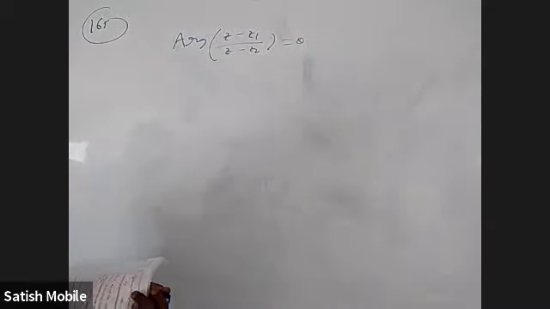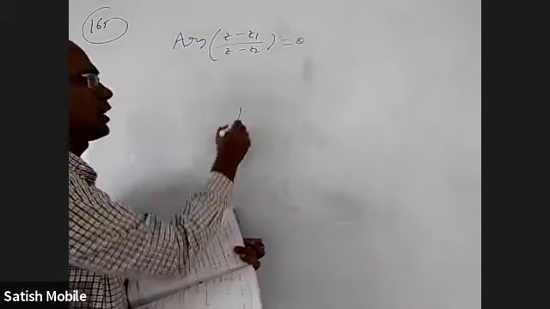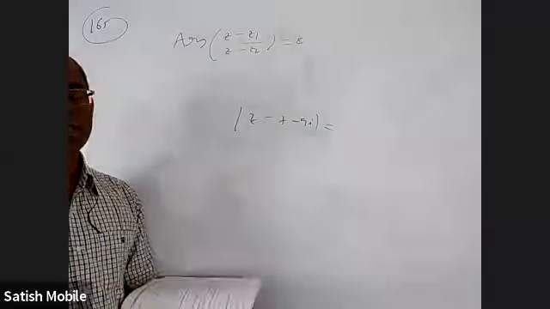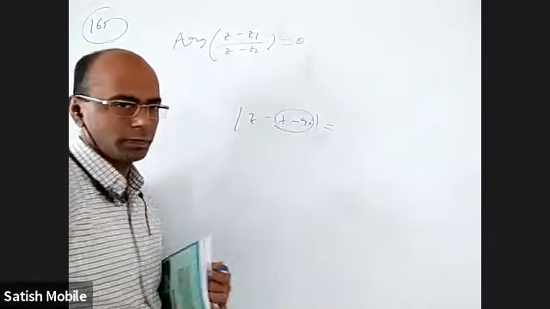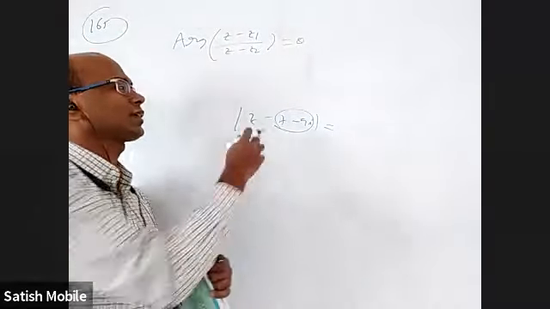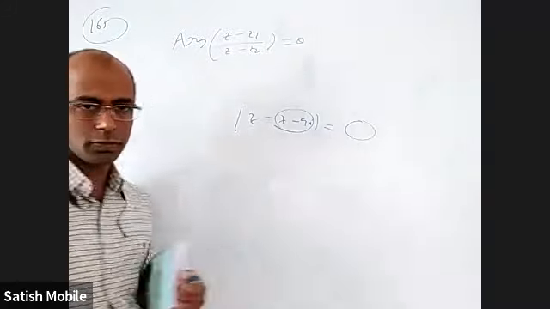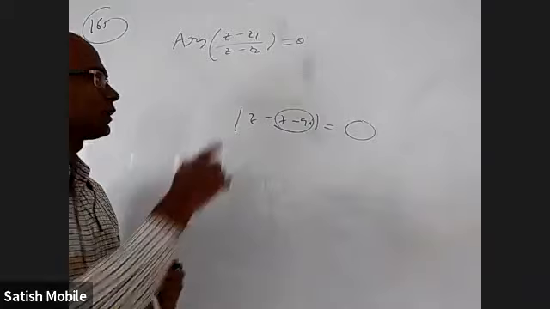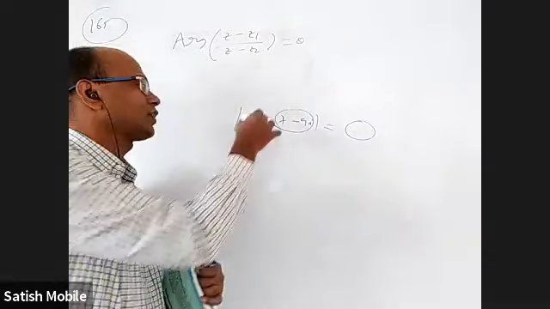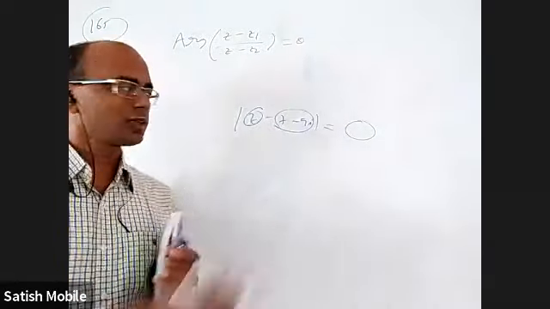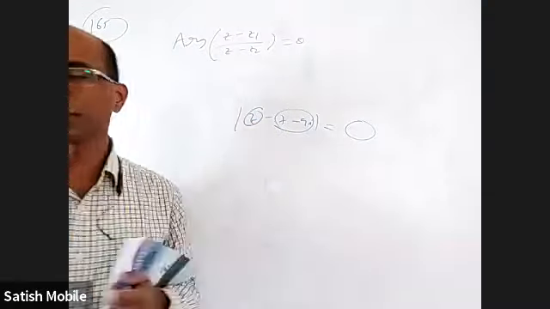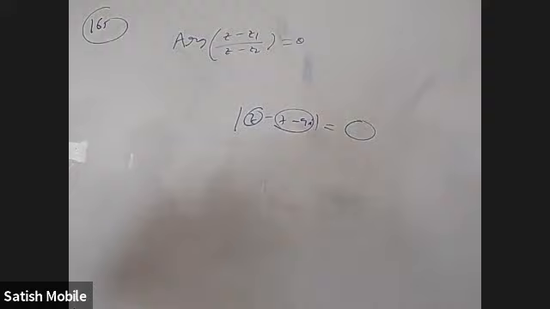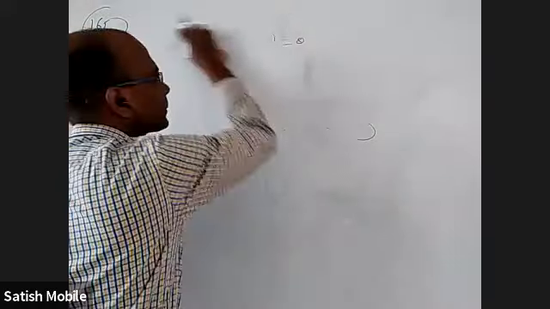The reason this question is there, where they simply asked mod z minus 7 minus 9i, is because your final answer is a circle with exactly this center. Then you take any point of the circle, find the distance, the answer will be the radius, right? Actually, if you understand all the details, you don't have to do anything. They give 2 points in the question, na? Substitute any one of them here, you will get the answer. Because this is the center, and those 2 points also should be points on this circle. Okay. If you understand. If you don't understand, I'll tell you all the details.